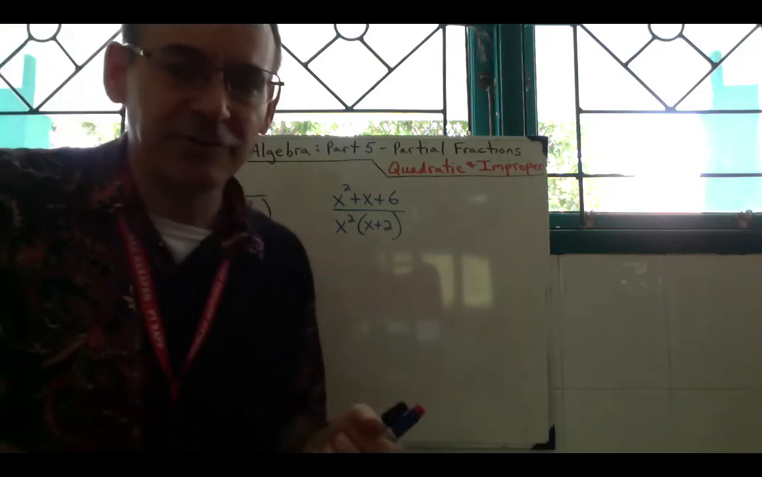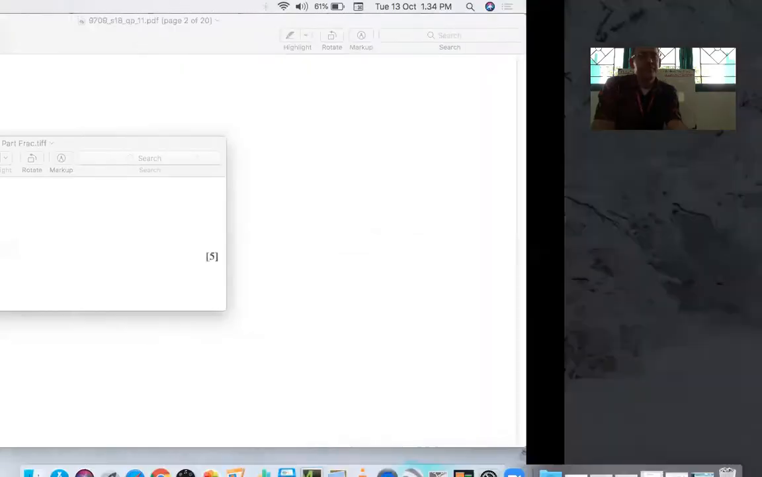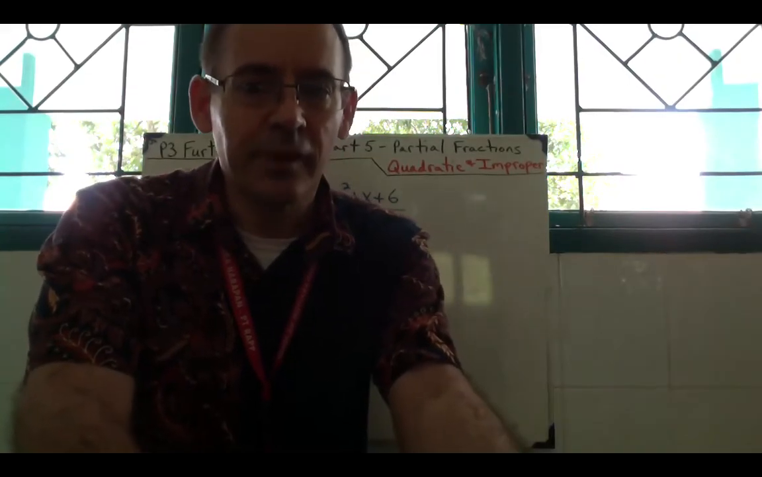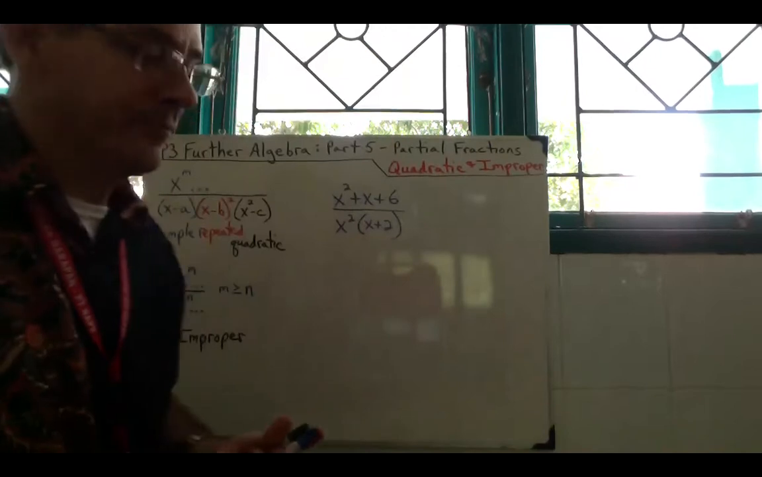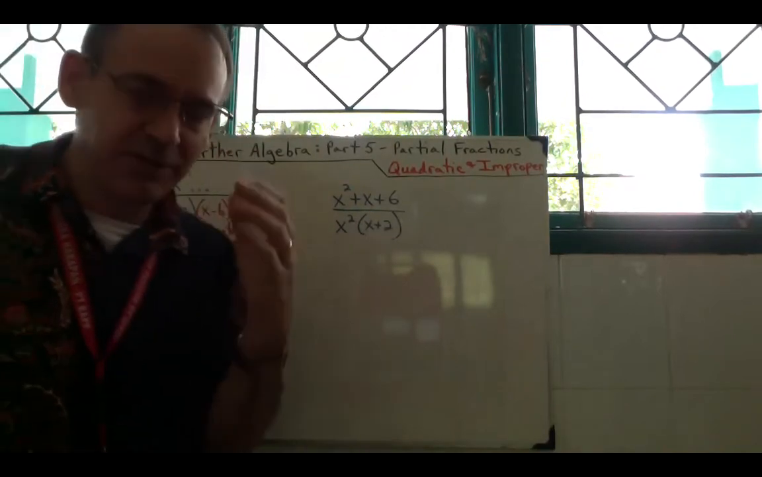So let's go to our first question. I'll let you look at it here in the share screen first. So here you can see the code at the top of what past paper it comes from. It says let f of x equal x squared plus x plus 6 divided by x squared times x plus 2 and express it in partial fractions, and it's worth 5 points, meaning you have about 7 minutes to do the problem, okay? So when we look at it, again, the first thing that we want to do is ask,